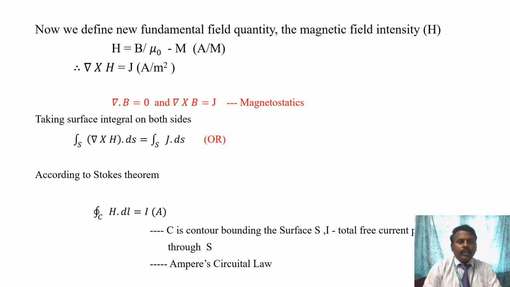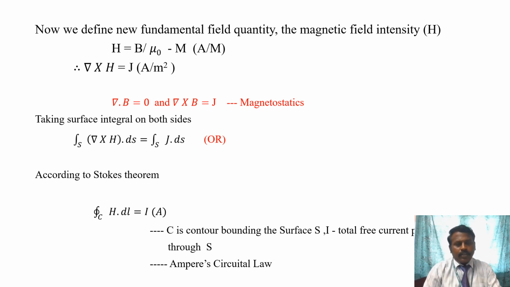Then we can define the fundamental field quantity, the magnetic field intensity, H equal to B by mu naught minus M. Therefore, del cross H is equal to J, that is ampere per meter square. Then in magnetostatics, we maintain del dot B equal to 0 and del cross B equal to mu naught J always. So when you go for the integral,